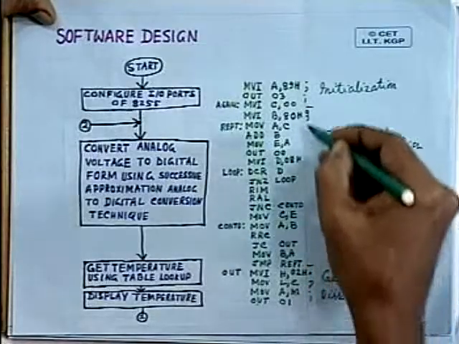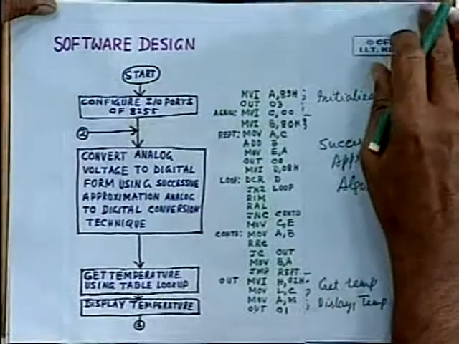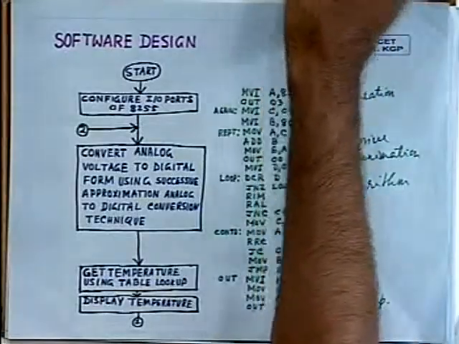And as I have discussed, by using hardware software co-design, we have reduced the cost of hardware because we have not used an analog to digital converter. However, we have implemented the analog to digital conversion by software. That overhead, as you have seen, is little more, but not really very big. So this part of the program could have been just 2 lines if an analog to digital converter was used. So this example tells you how you can implement one complete system, particularly for embedded system application.